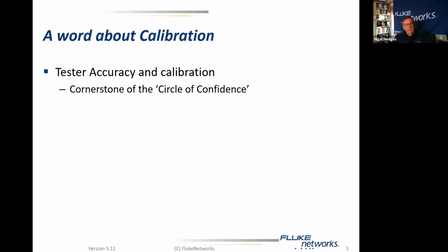Tester accuracy and calibration go hand in hand. Our industry specifies an accuracy requirement for each tester, and in order to ensure that that accuracy is maintained, the unit should be, irrespective of whether it's our tester or somebody else's, calibrated in accordance with the manufacturer's instructions. I view calibration very much as a cornerstone of the circle of confidence, and the circle of confidence to me is very much